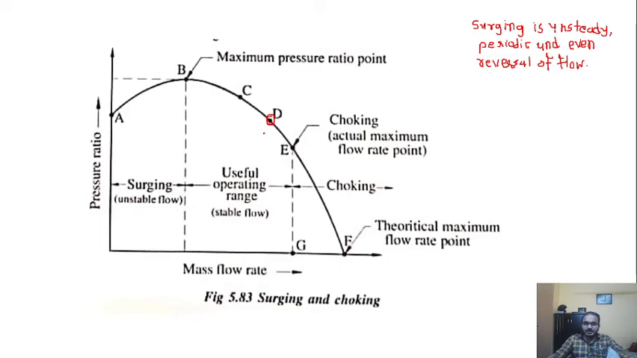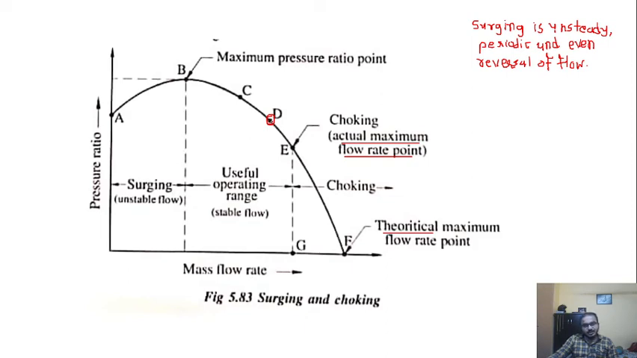So let us say that we are operating currently at point number D, and before that, if we discuss the extreme sides, point A is the extreme with minimum mass flow rate, and point F is another extreme with maximum mass flow rate. Even though this is theoretical, the actual maximum flow rate point is point number E. So that is the extreme point over here. Let us say that currently we are at point number D,